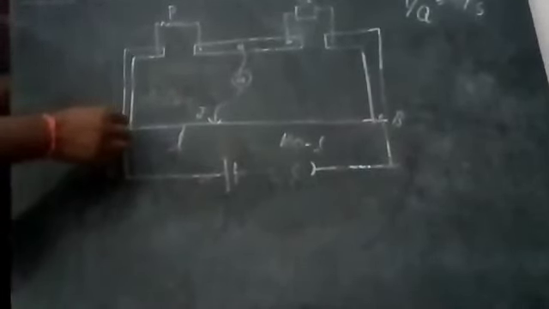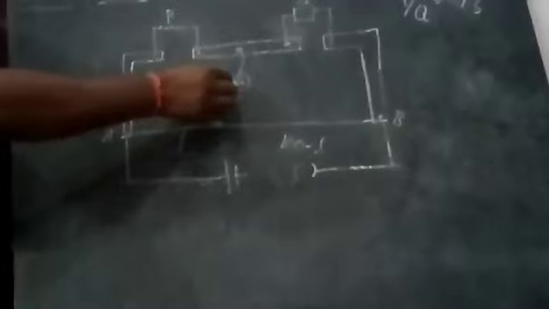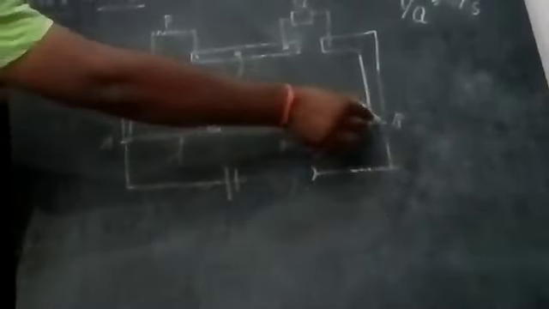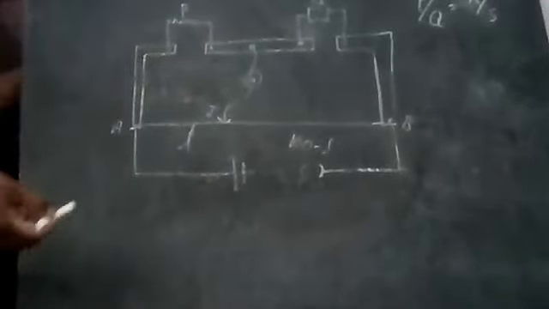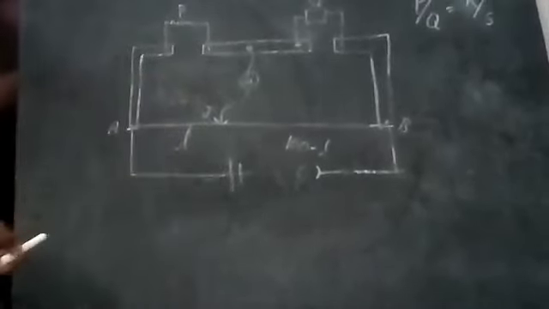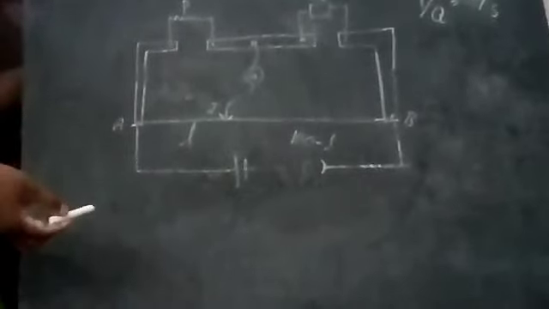If you press at point A, the galvanometer shows deflection in one direction. If you press the jockey at the other end, the deflection must be opposite, and in that case the circuit connections are correct. If it shows the same direction, you have to check the connections once again.